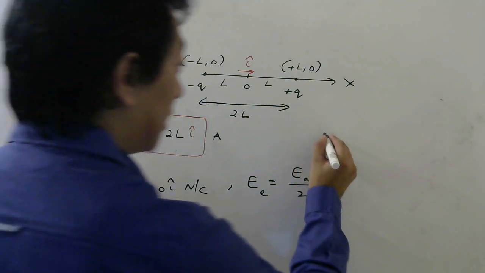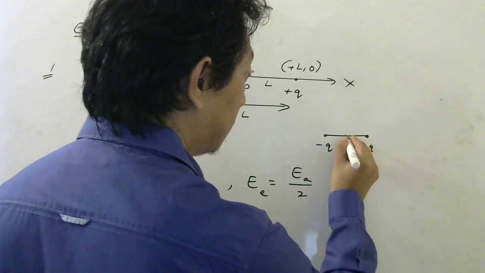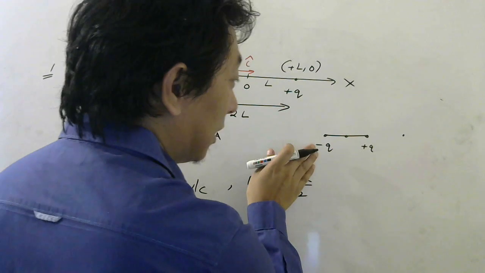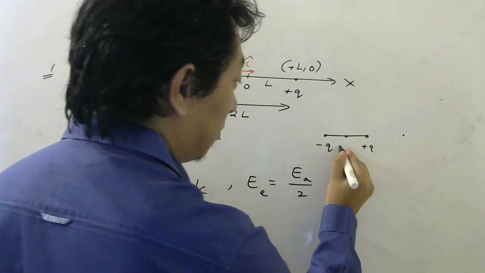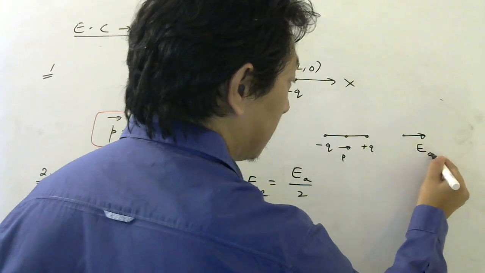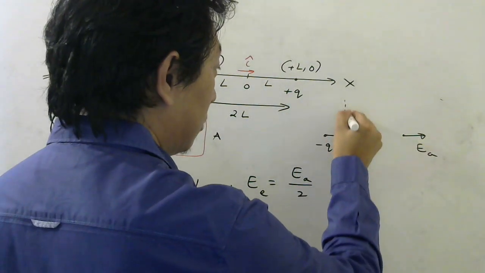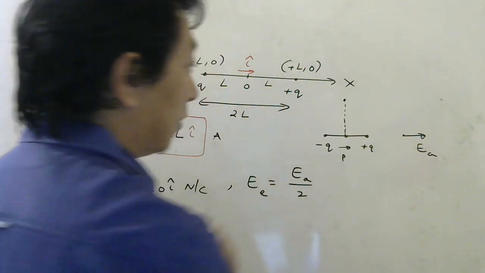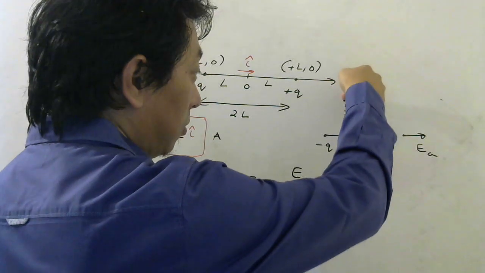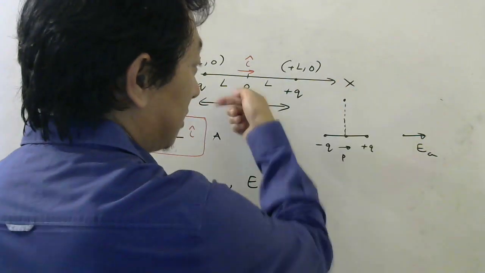Now let us go back and remember. This is minus q. This is plus q. At axial point, electric field was in the direction of dipole moment. Dipole moment is this way, so electric field here was like this. Please go and check the derivation. Whereas at equatorial point, I can show you now also. Due to minus q, towards. Due to plus q, away. So total will be this side.